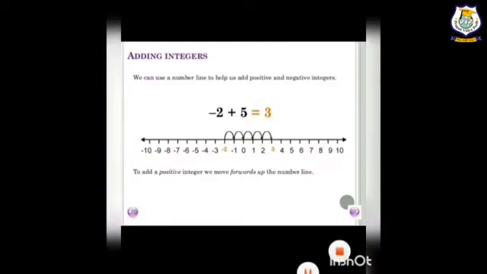Here you have seen I have taken one example in which the second number has the positive sign. Right? You have seen the second number has the positive sign, so what we have to do is use the sign of the second number, and the first number is for indicating the starting point. Like we have -2, so first we indicate where -2 is, here is our -2, and the second number indicates how many steps we have to move and in which direction. So we have positive 5, it means we have to move to the right side, and how many steps we have to move, we have to move 5 steps.